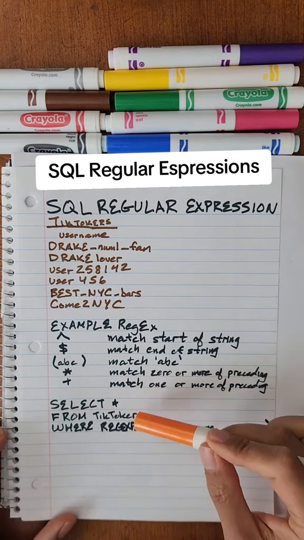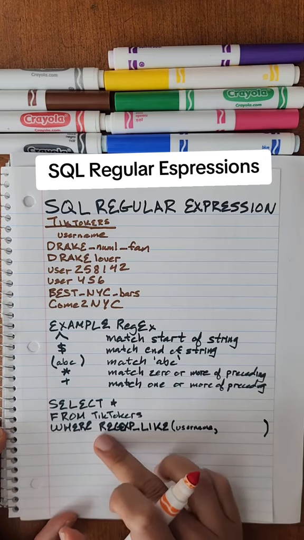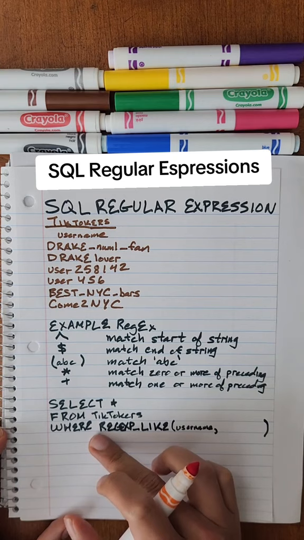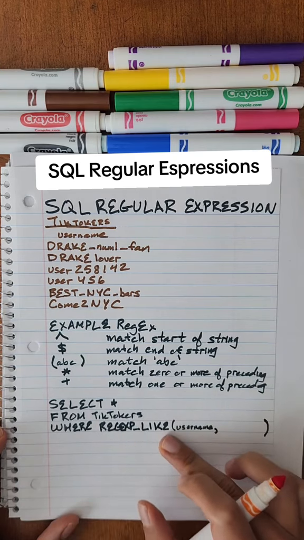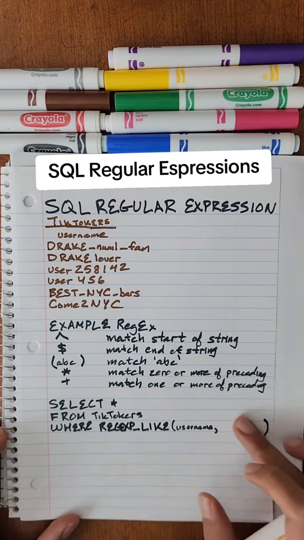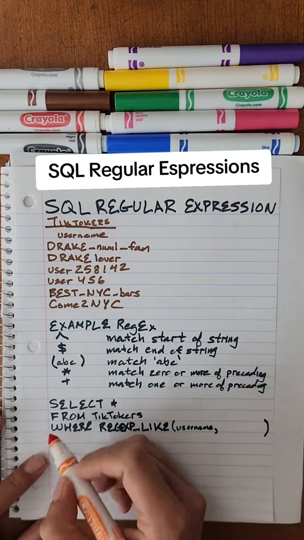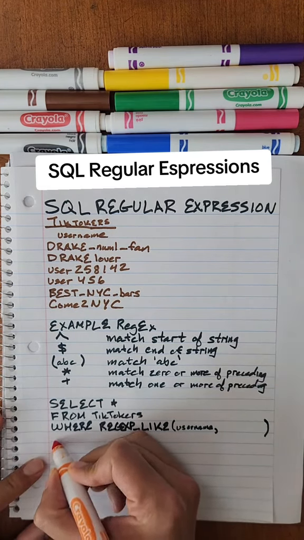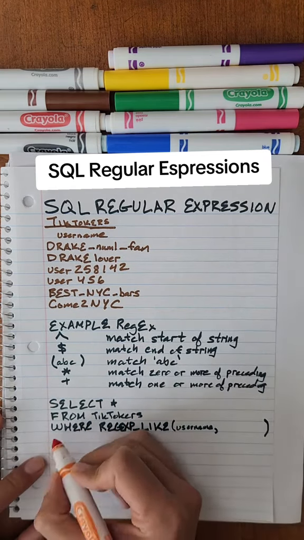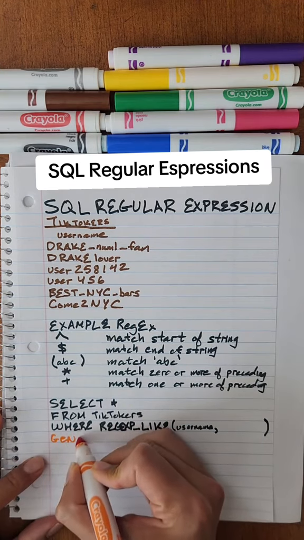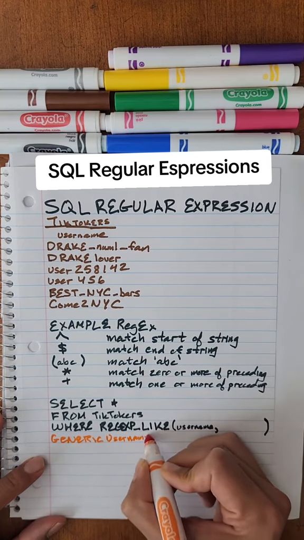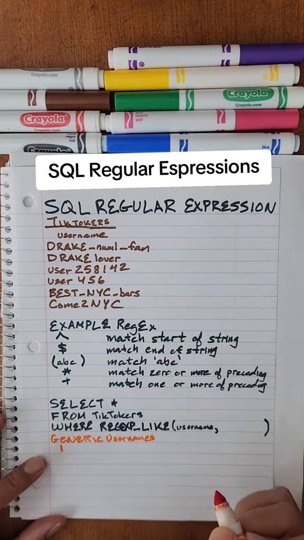So let's select everything from our TikToker table where... Depending on what type of SQL you're using, it might vary, but for me, let's say it's called regex_like. And I want to find usernames that match the pattern I'm going to give. So the first pattern is looking for, let's say, people who did not create a username and just took the generic ones. So let's look for people with generic usernames. And then the pattern I want to match is